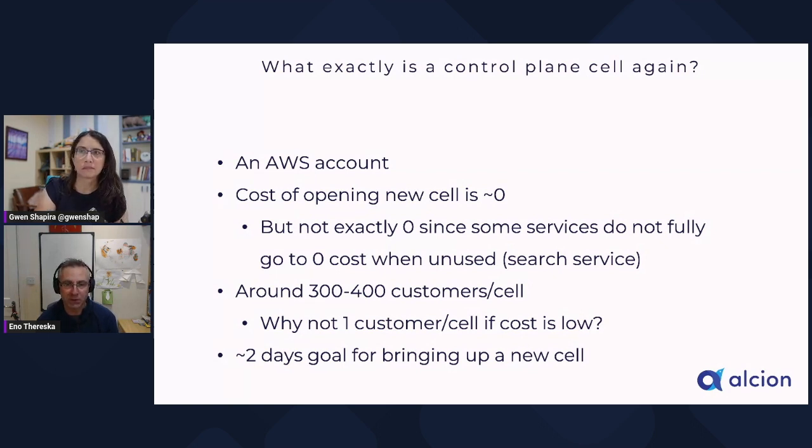Even if the cost were zero, one customer per cell might be a bit of an overkill because, well, I don't know. Could it just work out? We do have this notion of a tiny cell where we could really put one customer per cell, but with many customers, maybe I'm missing some sort of hidden cost. Maybe I need to look into AWS's organizational service, if there is a per-account cost. Certainly it's a bit of a pain to open those accounts, but even that can be automated. So I don't know. I'm debating this with myself now.